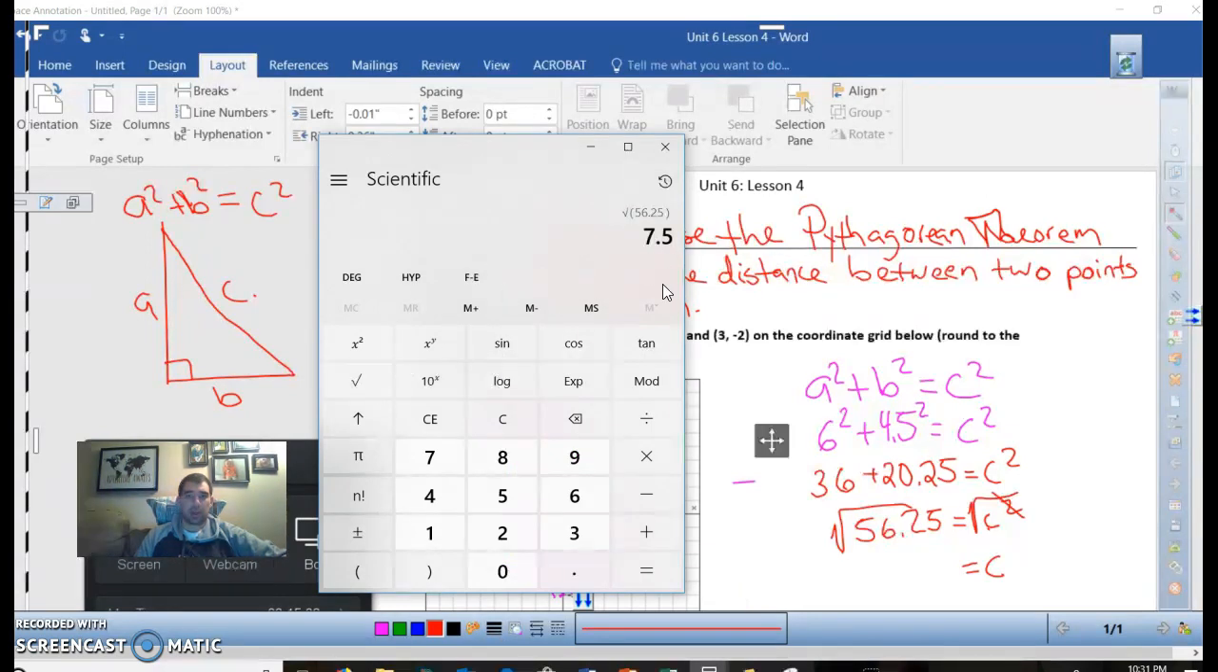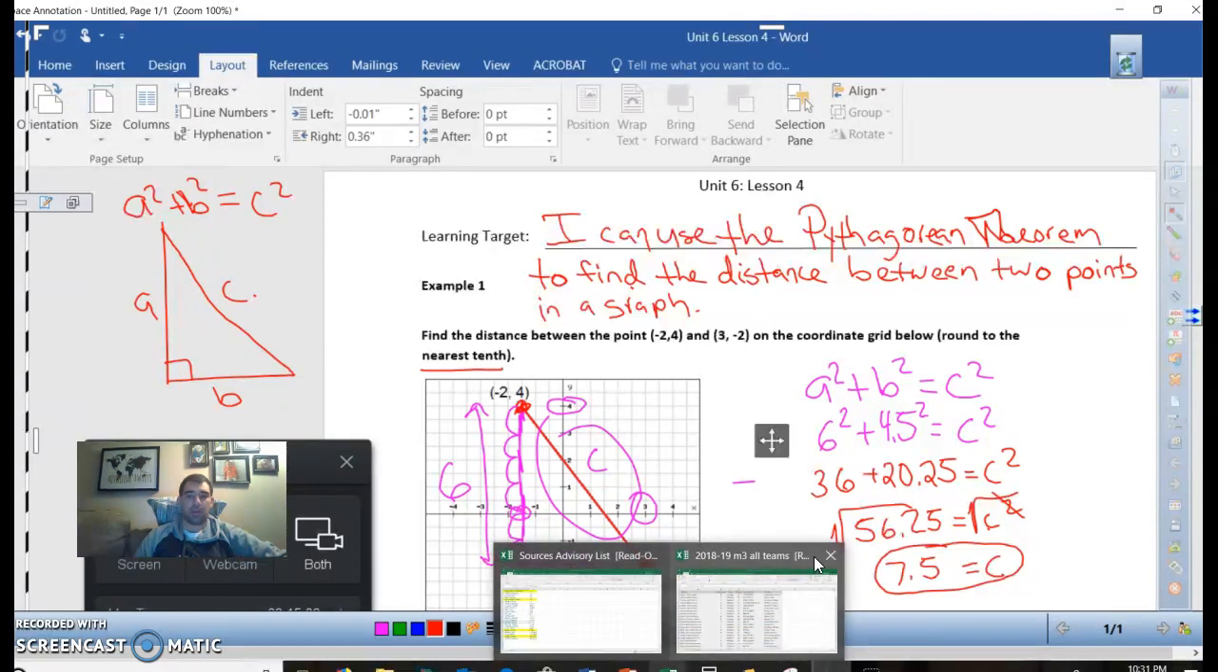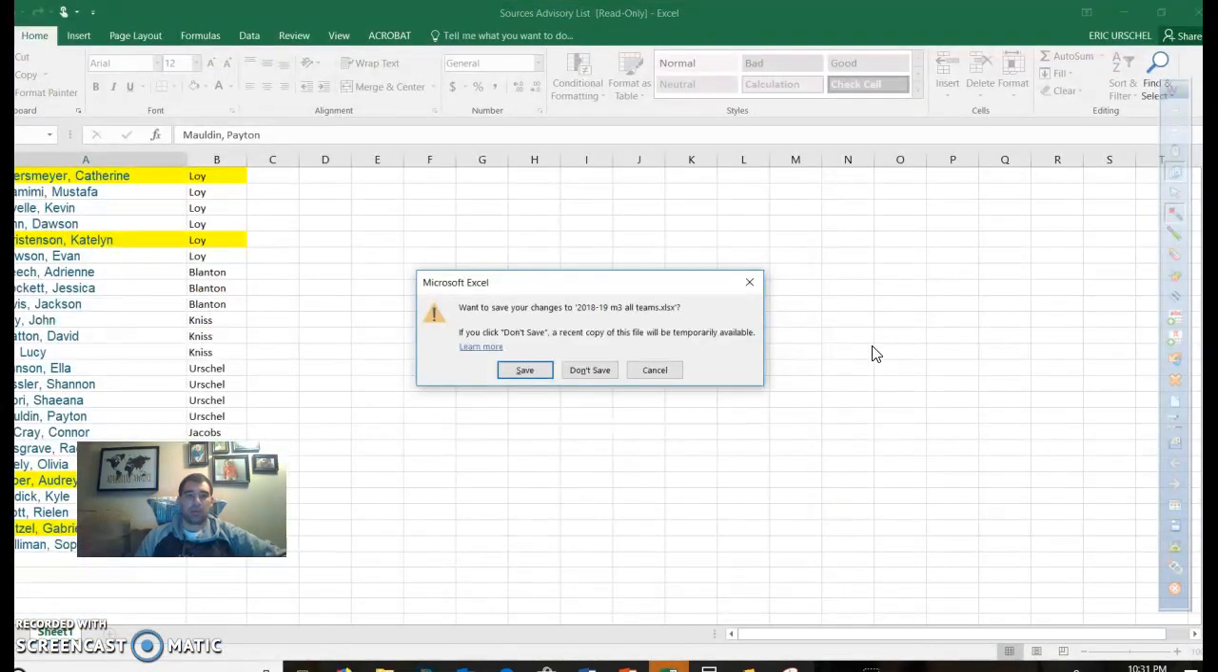56.25 square root, that is 7.5. So we have 7.5 is c. So the distance between this point and this point is 7.5 units. If you're confused, let me know. If you're not confused,